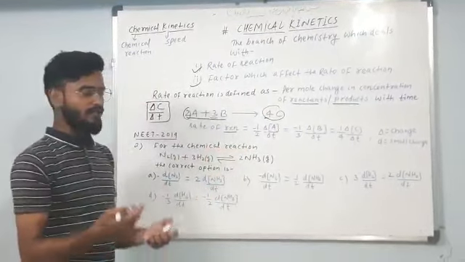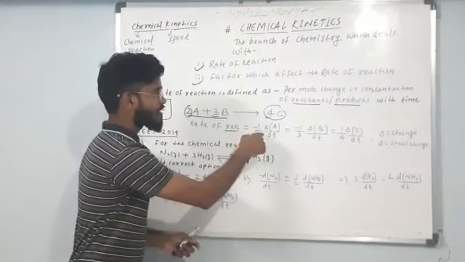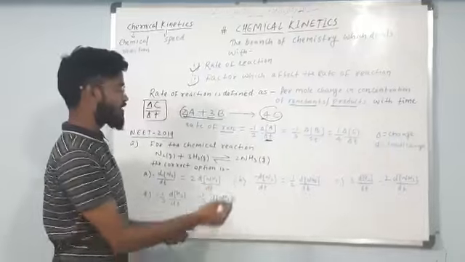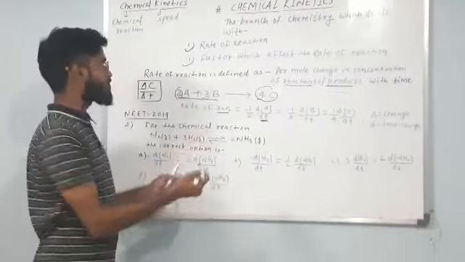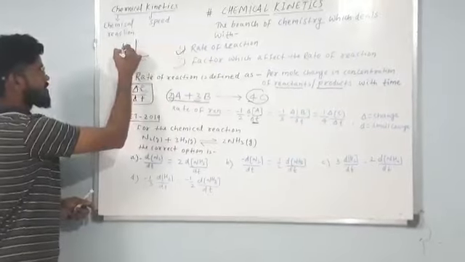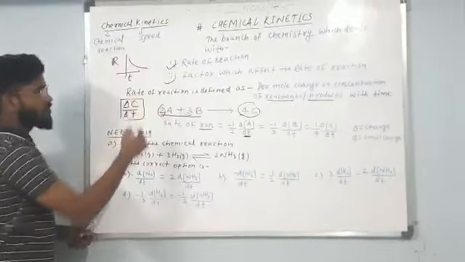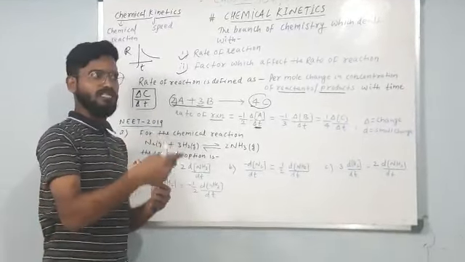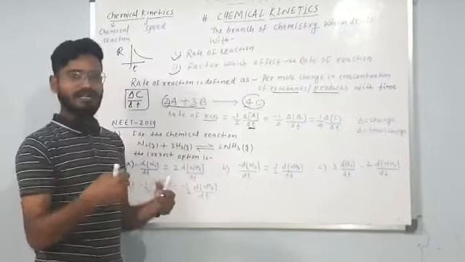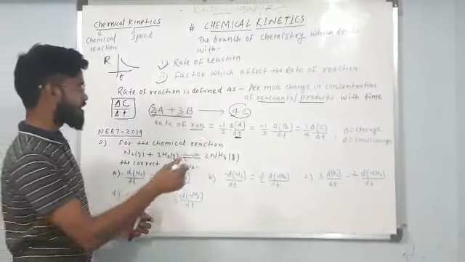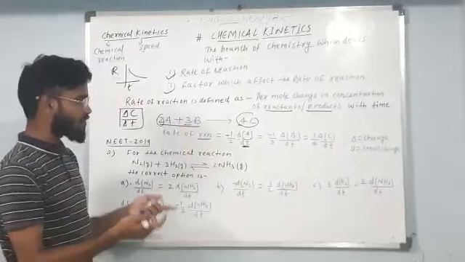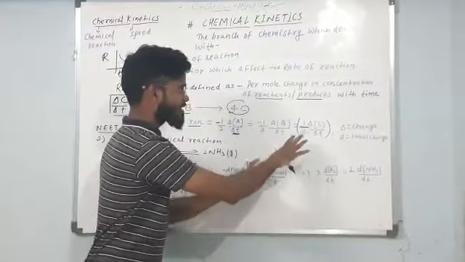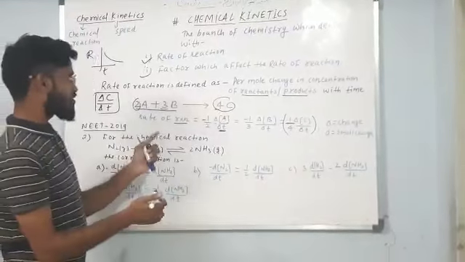So if we want to write the rate of reaction, how will we write it? Per mole. So we will divide with the number of moles and the change in the concentration divided by change in time. So we are giving a minus sign for the reactant because we know as the reaction proceeds, reactant decreases with time. So overall, rate is corresponding to a speed. Just as speed is, rate is too, and speed and rate can never be negative. So it should not be negative, that is why these minus signs are given for reactant species, and for product species we give positive. So this is nothing but a simple way of writing the rate of the reaction.